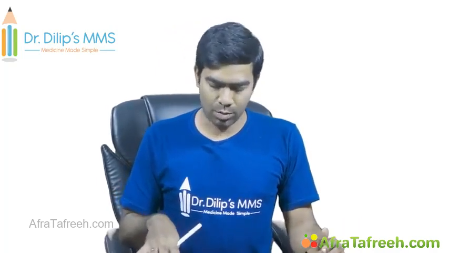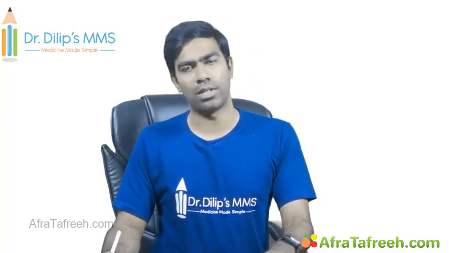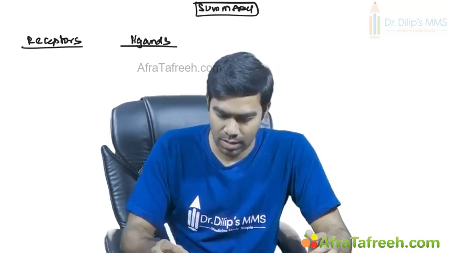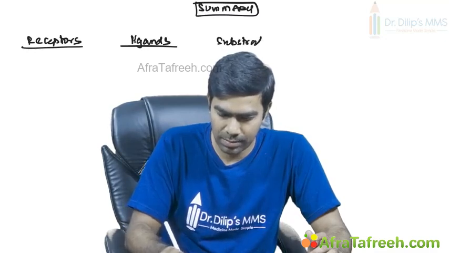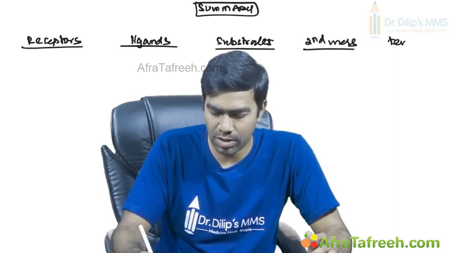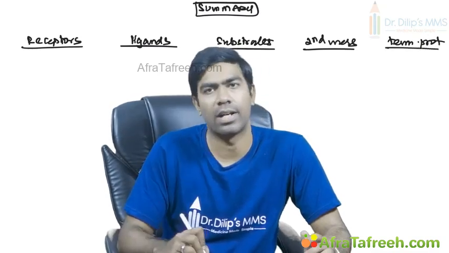So you have seen a lot of stuff, isn't it? For the last few minutes, let us put it in summary, because even if you understand all these things, when you go to the exams or when you start revising, you might not be able to remember all of it. So let us put a summary of what we have learnt. Let us put the receptors in a table so that you will understand better. These are the receptors and some of the important ligands for the receptors, and what are the substrates, and what are the second messengers, if any, and what are the terminal proteins that are activated. Fine.